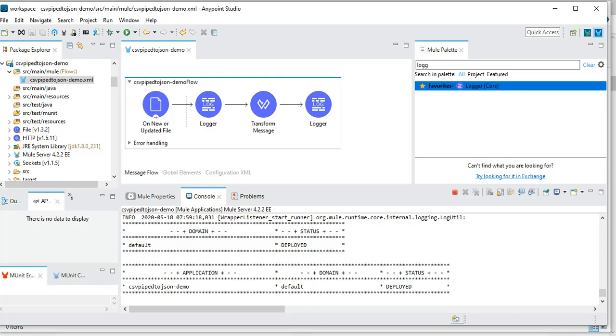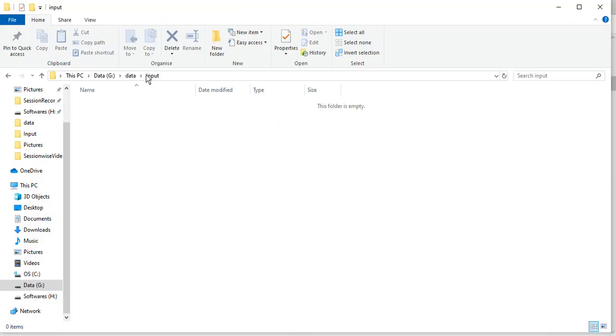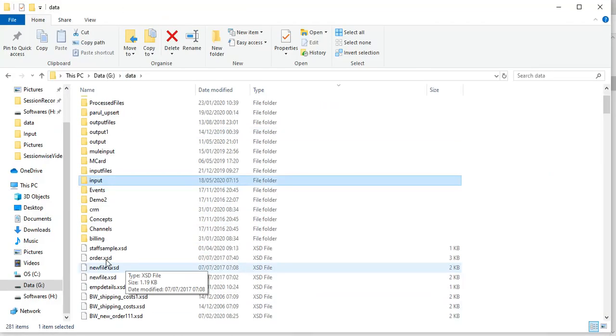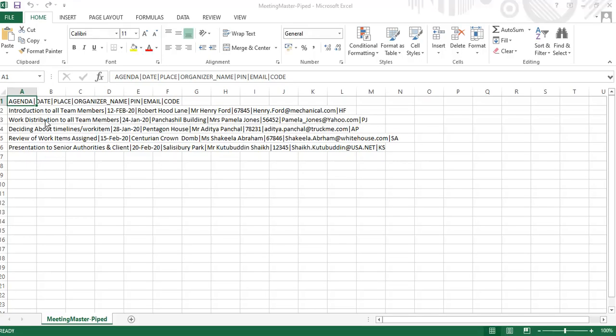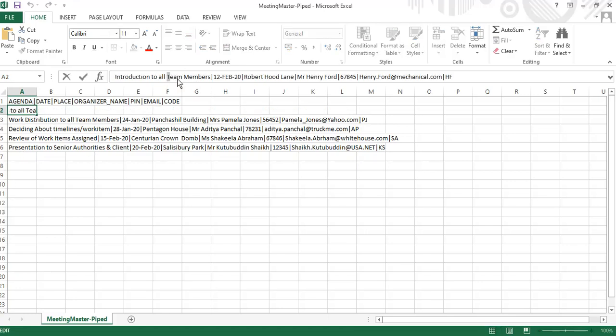Now my CSV file. It is polling on the input folder. So my CSV file meeting detail, let me see that once more. I'll just open this. This is outside. Maybe this is what my data is. And let's say introduction to all members. I just save that file.